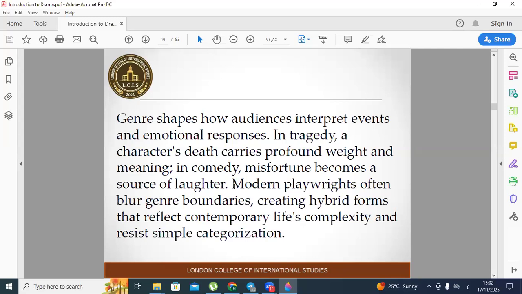reducible to a single genre. This generic fluidity challenges audiences to hold multiple perspectives simultaneously, to resist easy emotional responses, to engage with complexity rather than seeking a simple catharsis. This reflects our contemporary moment's ambiguity and